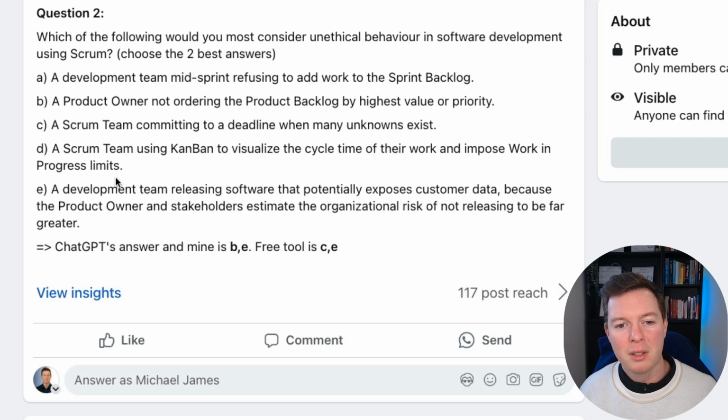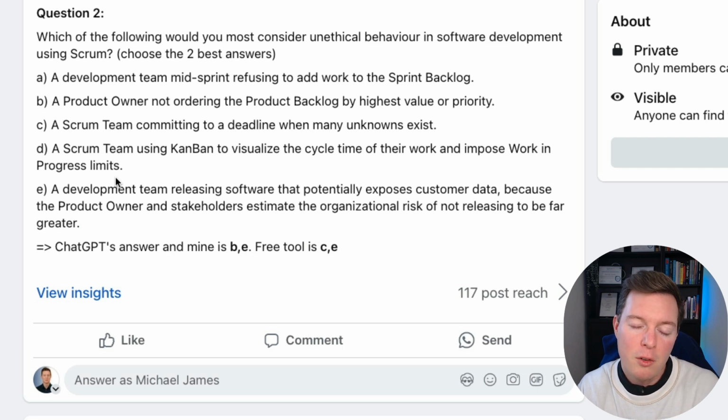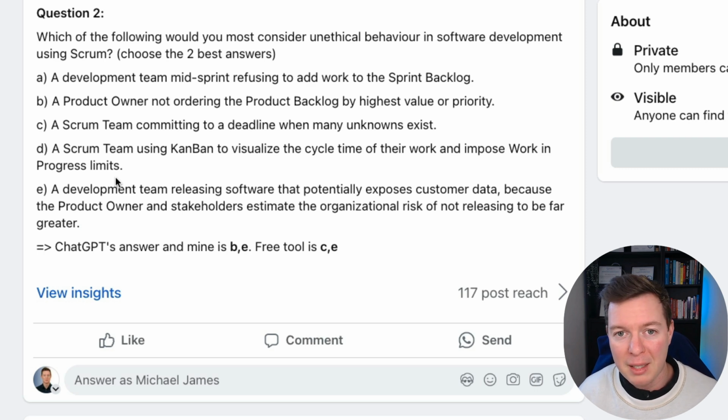So the developers refusing to add work mid-sprint, you've got to aim for the sprint goal, and that sprint goal is set out with the team at sprint planning at the start of the sprint. So the work that is pulled in needs to align with that sprint goal.